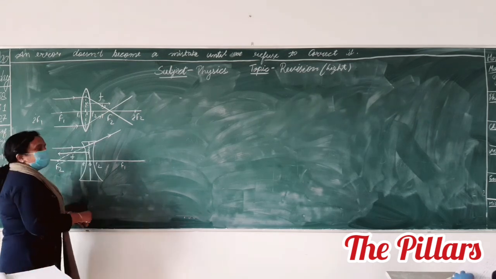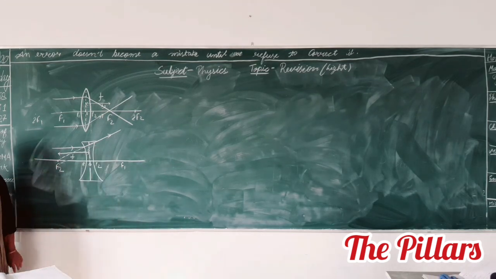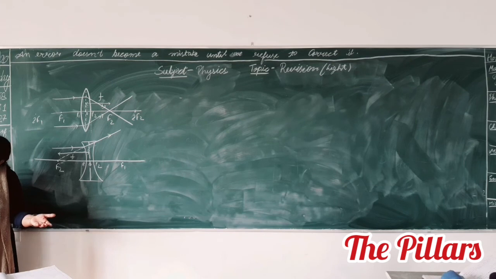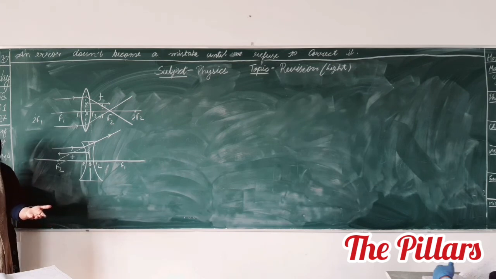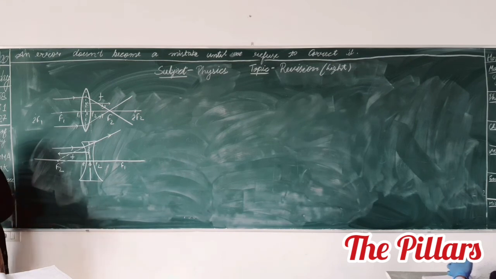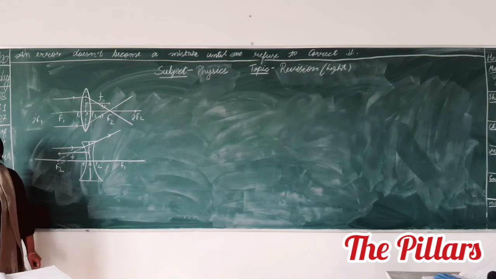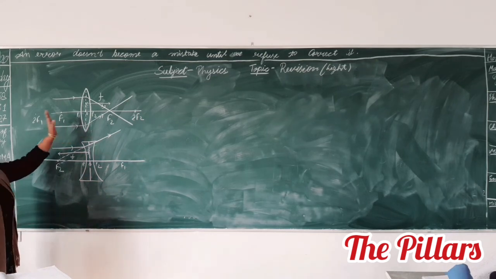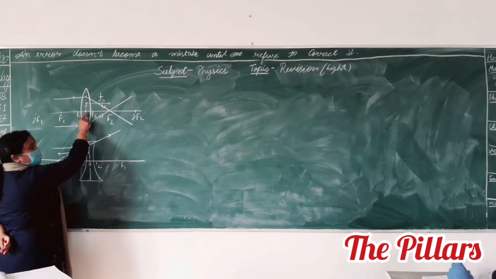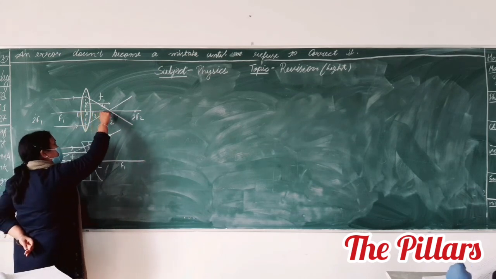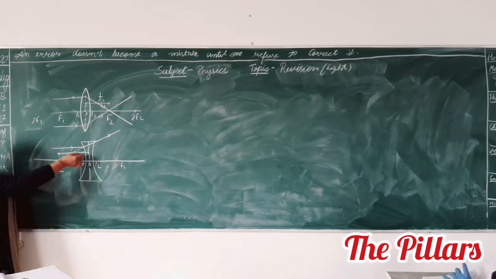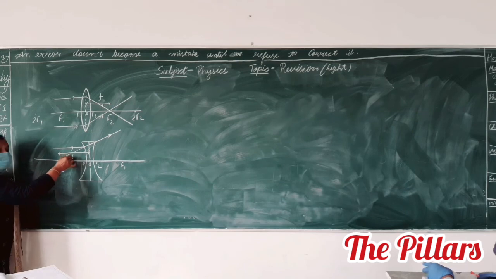She has one choice, either left to right or right to left. You are gambling with me, no? Either this or this. Left to right. You can see you are moving in the direction of light. So plus, and here what? Against the direction of light means minus.